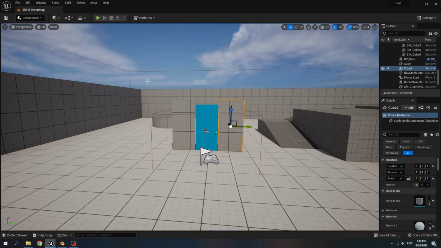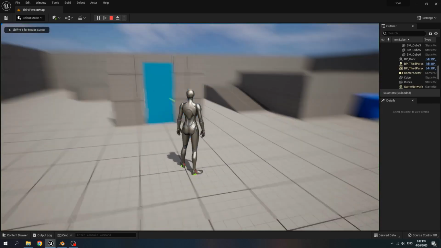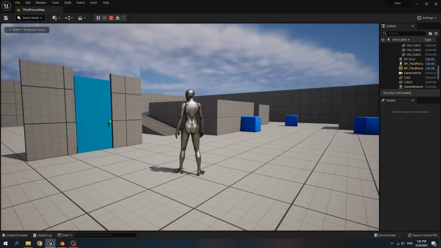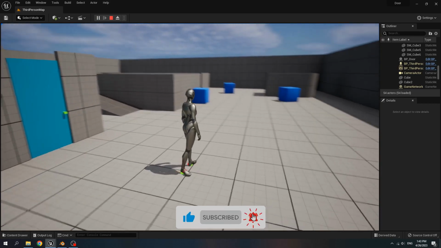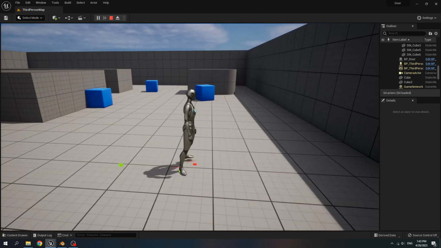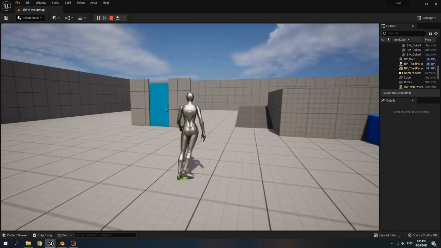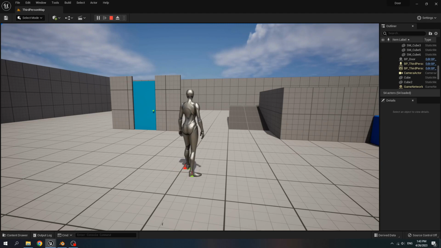Hello everyone, we continue our tutorial on how to open door part 3. From the last tutorial, we can rotate the character right and left, but when we walk the character, the leg IK still controls the leg, so we want to disable it. Only use the leg IK when the character needs to turn or rotate.